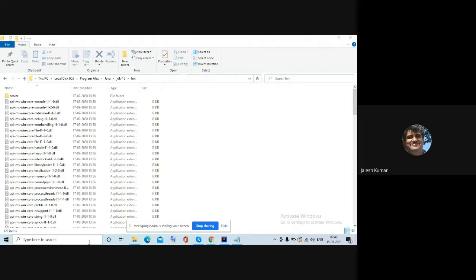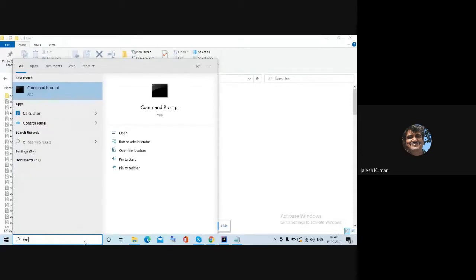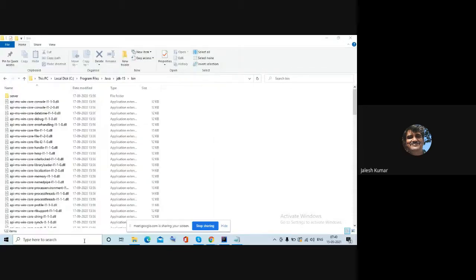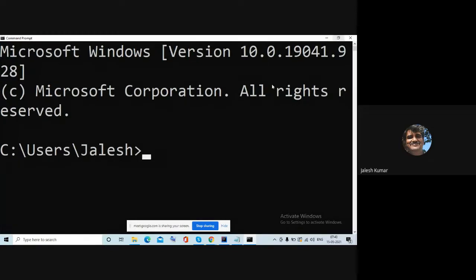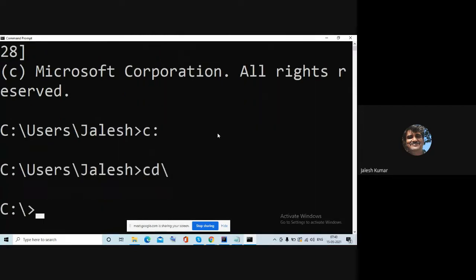Once you have installed and set the environment variable, you just open CMD, the command prompt. See, actually we installed, and I'll show you. We installed at this location, so I'll go to that directory. How to do that?